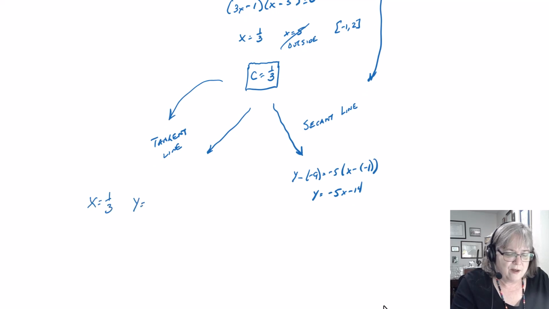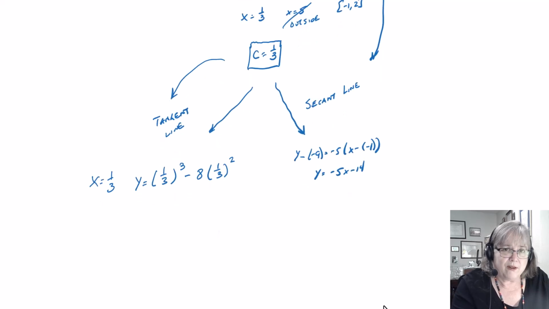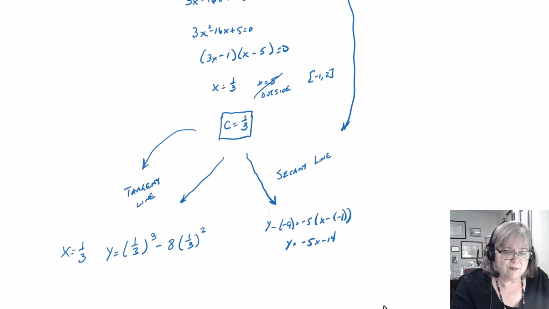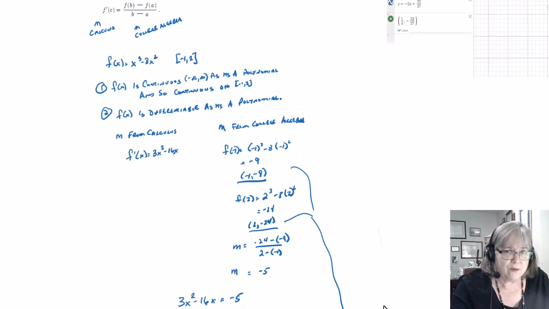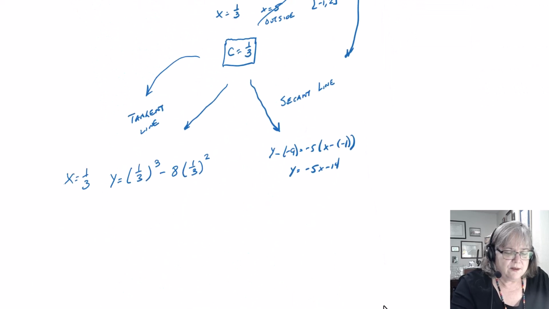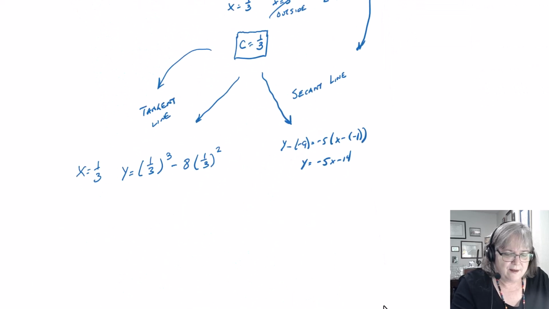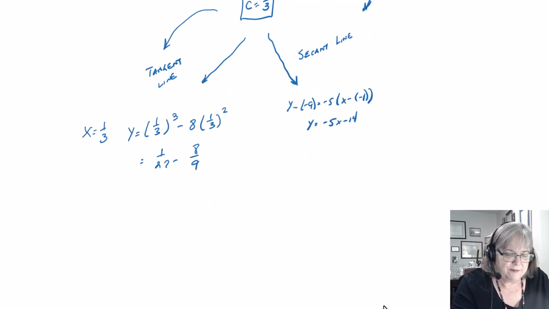Now you have to go back to the original function, not the derivative, to calculate the point on the curve. If you want a point on the curve, you always go back to the original function, not the derivative. Okay? So when I clean this all up and get a common denominator,